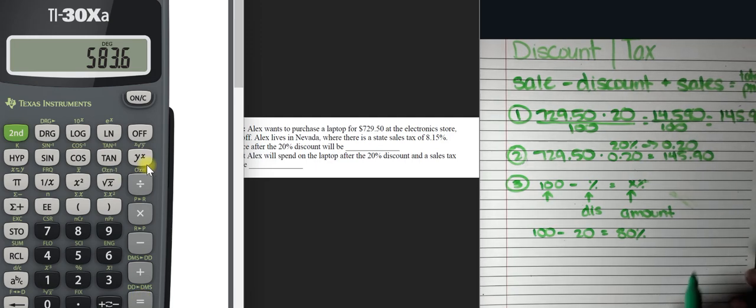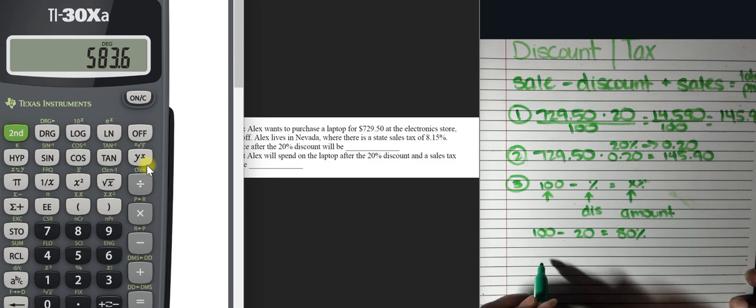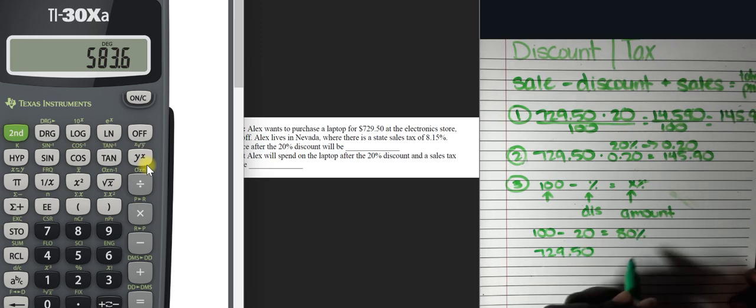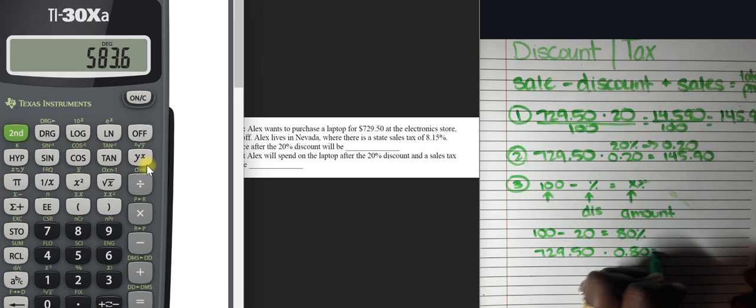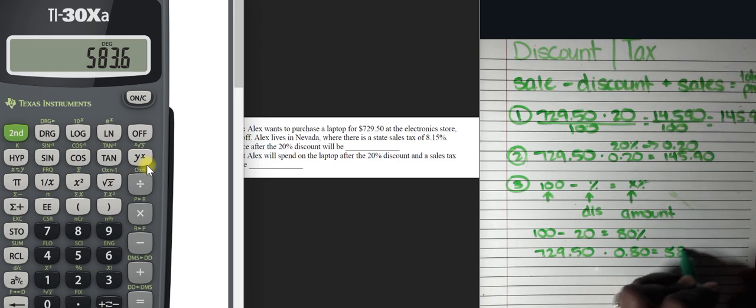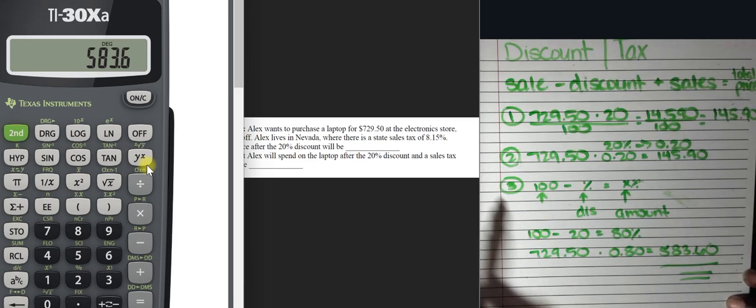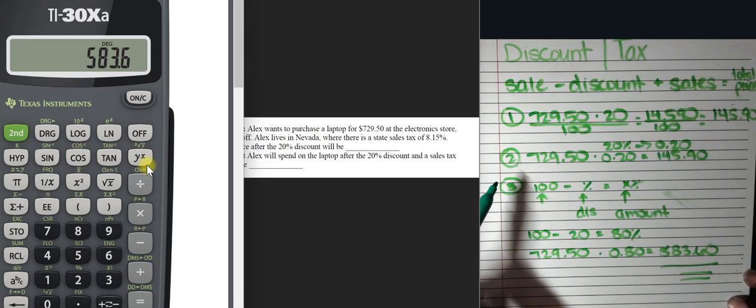So you're going to pay $583.60. So 100% would be the 729.50 times the 80%, which is 0.8, which means that you are paying $583.60. Now, if you use method 1 or method 2, the only thing that you need to do is